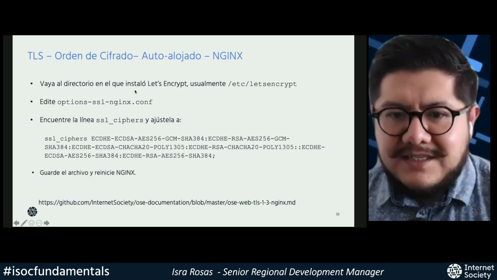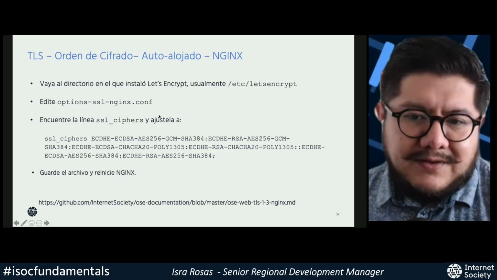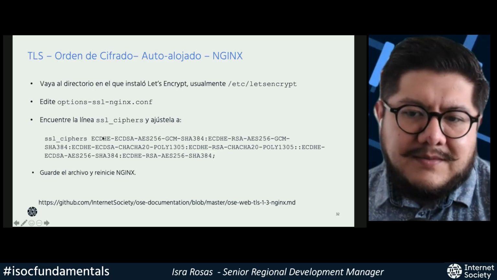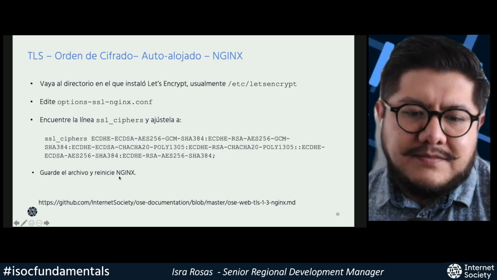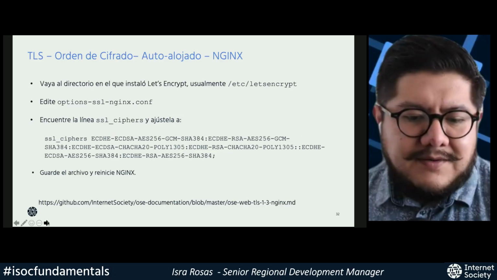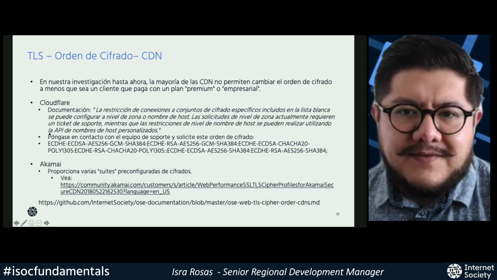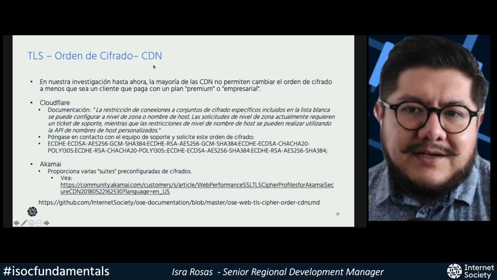In the case of Nginx, the configuration is similar. You go to the directory where you installed Let's Encrypt, you edit the configuration file, you find this command line, and then you set it to these parameters. Now you save the file, you restart Nginx, and then once again, you have the best encryption options.